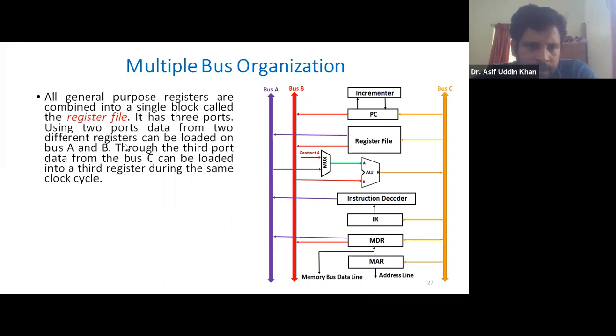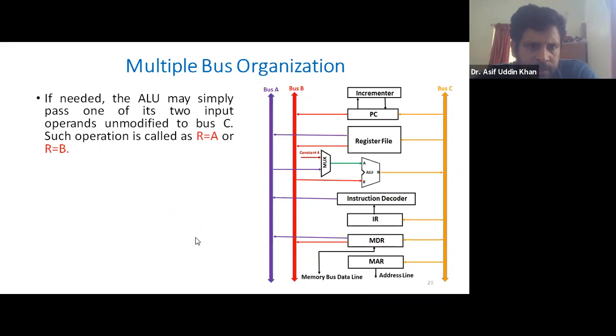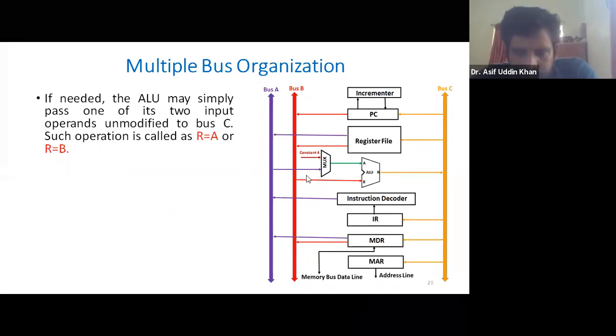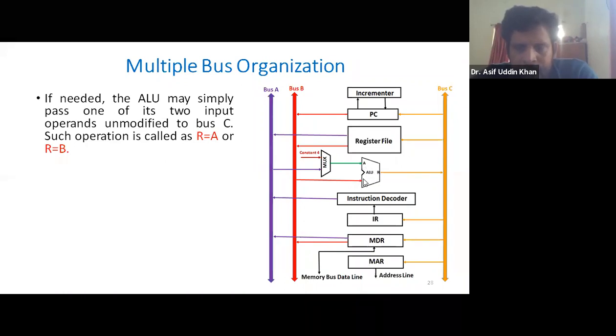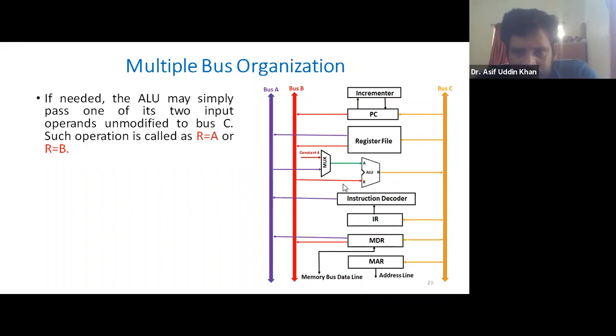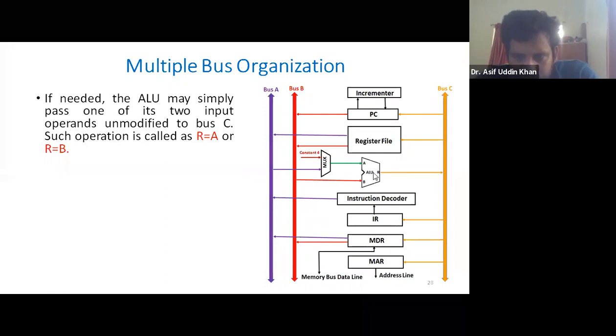So these things I already explained. Register file is used. Bus A, B, and C are used. Whatever data is going to bus C from this ALU, either the data is executed and processed, or the data may be transferred directly from bus B to bus C. It will come through this ALU.